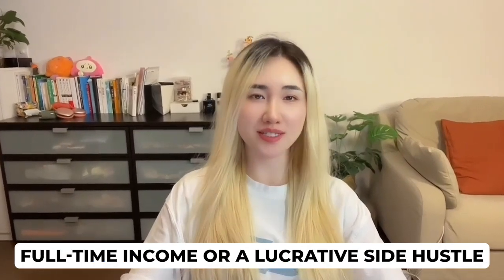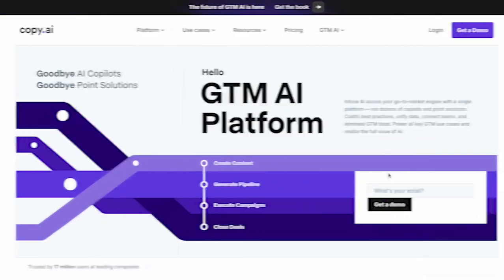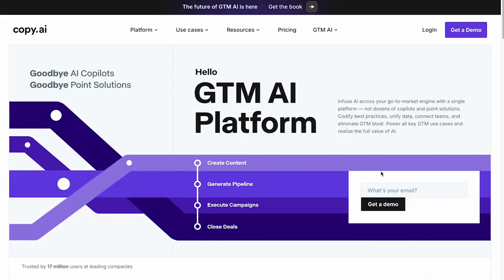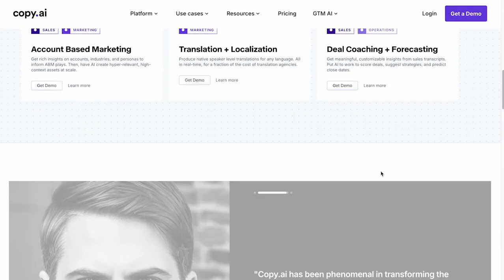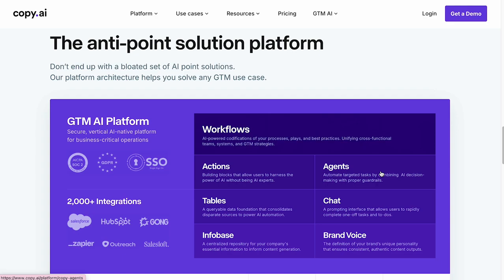What if you could make a full-time income or a lucrative side hustle by leveraging AI to write professional content in just minutes? Imagine creating compelling social media captions, detailed product descriptions, or even blog posts without spending hours brainstorming or writing. That's where Copy.ai comes in, an AI-powered tool designed to generate high-quality copy for businesses, blogs,